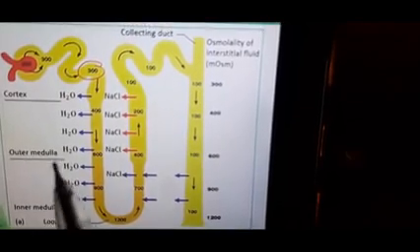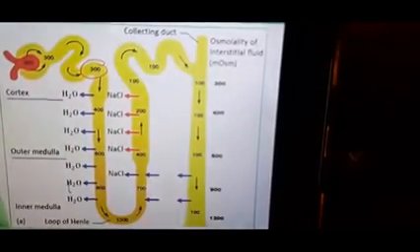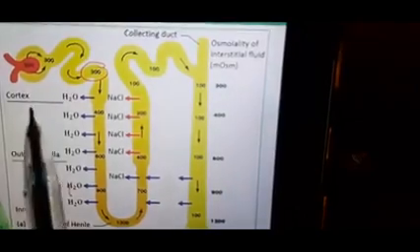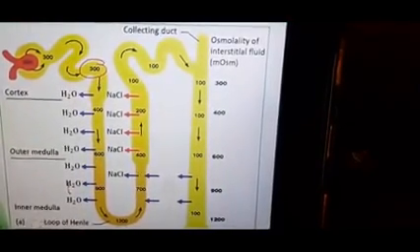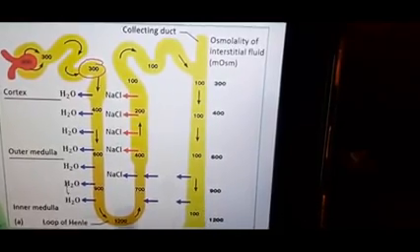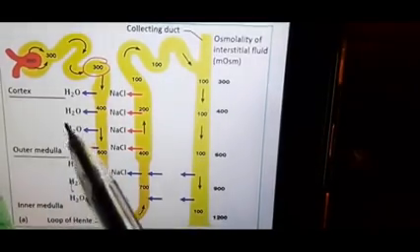So now the fluid surrounding the nephron, which is present in the medulla region, this fluid is called as interstitial fluid. So osmolarity of the fluid in the medulla